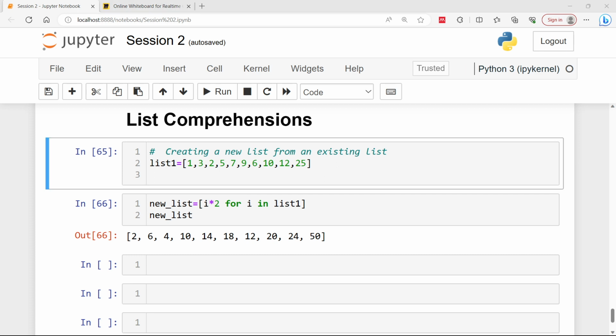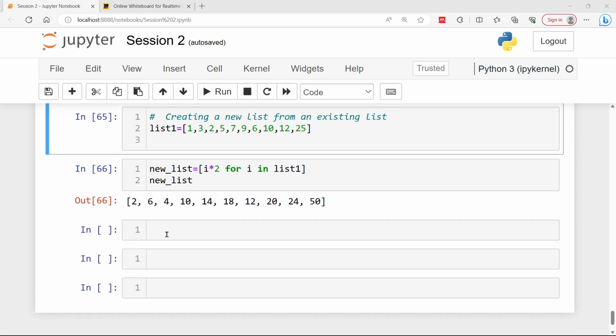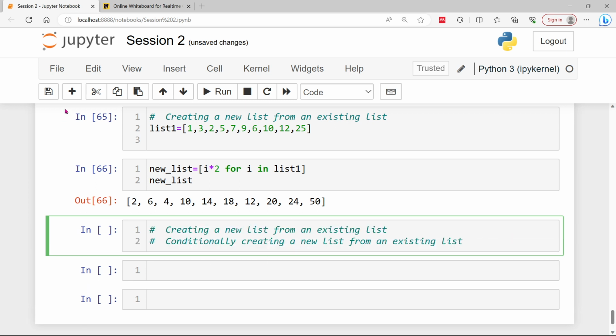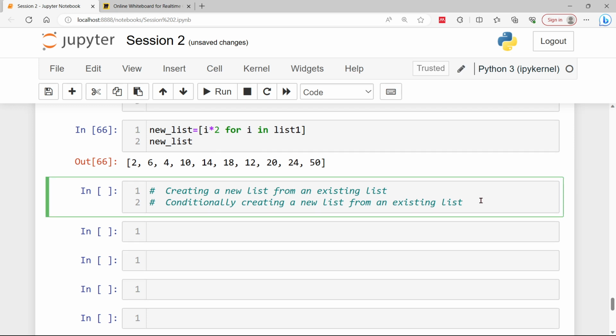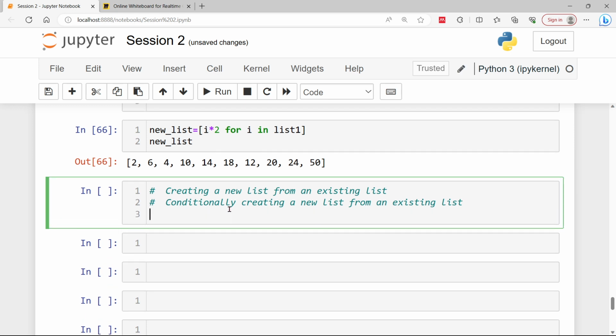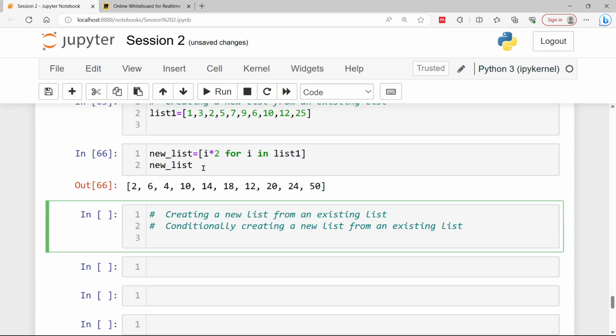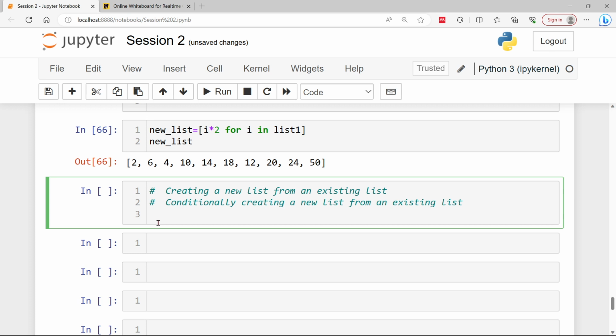Now we are doing something different, and this is called creating a new list from an existing one. So this is our objective: conditionally creating a new list from the existing one. Again, we have this list 1 already, and then I'm going to create a new list, and this new list is something I for I in list 1